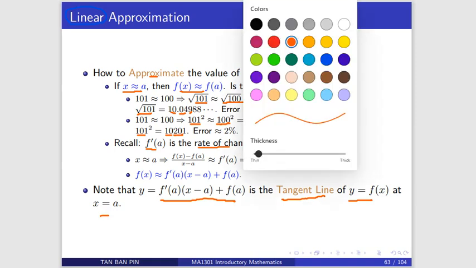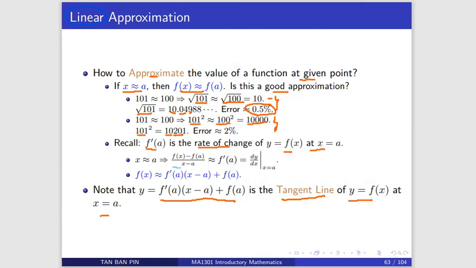And we define f prime a to be the limit as x tends to a of (f(x) minus f(a)) over (x minus a). So we should expect if x is near to a, then f prime a and the fraction (f(x) minus f(a)) over (x minus a) are near. And then you can cross multiply. So f(x) minus f(a) is about f prime a